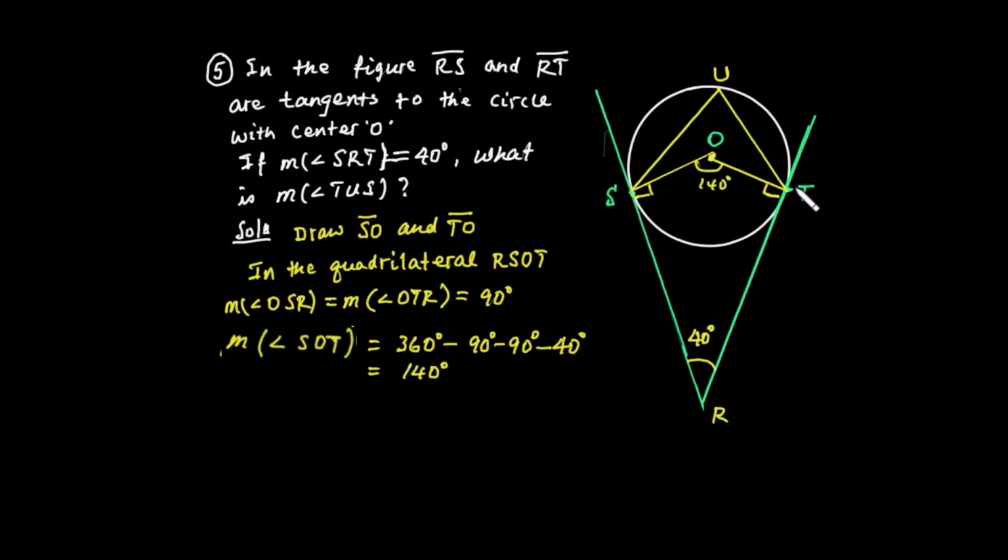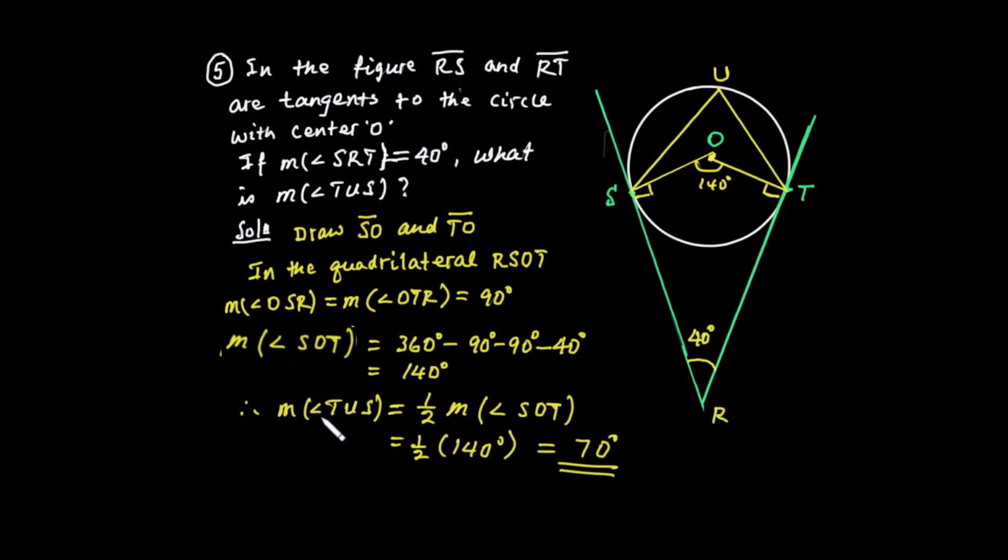ይችኛዋ ደግሞ ኢንስክራይብድ አንግል ስለሆነች the arc subtended by arc ST ስለሆነ half of the measure of angle SOT ነው። therefore the measure of angle TUS የተጠየቅነው is half the measure of angle SOT ነው። የዚህ አንግል ግማሽ ነው because they are subtended by the same arc ST, and this is equal to half of 140 ዲግሪ ማለት ነው። ስለዚህ ስንት መጣልን? ይሄ 70 ዲግሪ መጣ። ስለዚህ the measure of angle TUS is 70 ዲግሪ, so that is the answer።